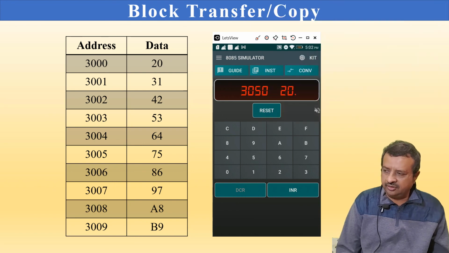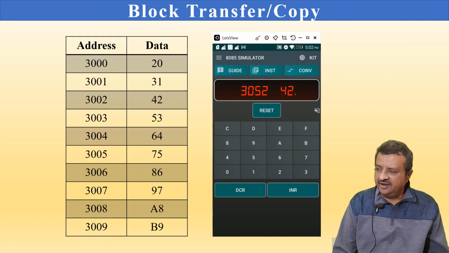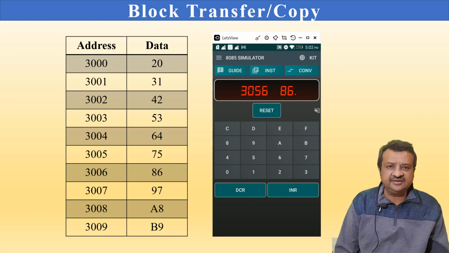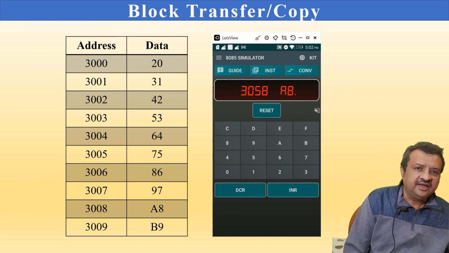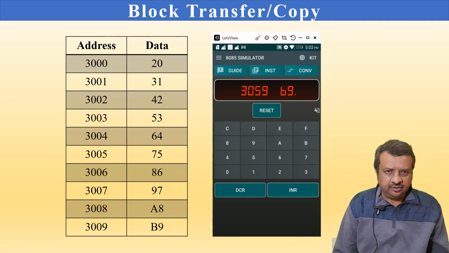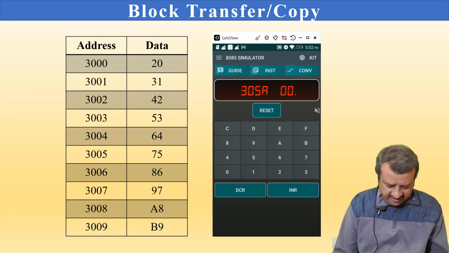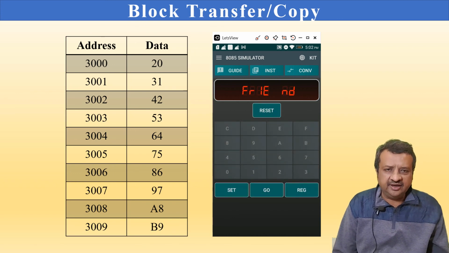Boom, it is 20, and then it is 31, 42, 53, 64, 75, 86, and then 97, A8 and B9. So the whole block of data has been transferred from the source area to the destination area successfully.